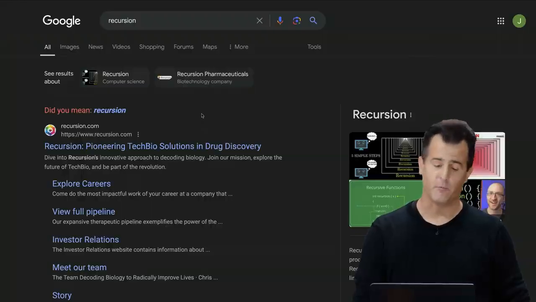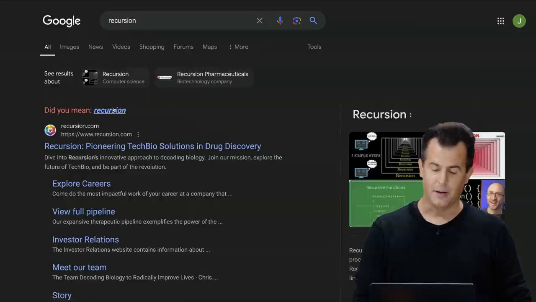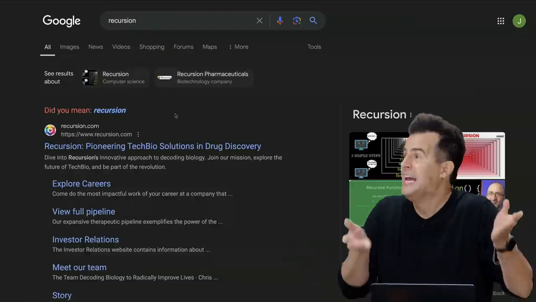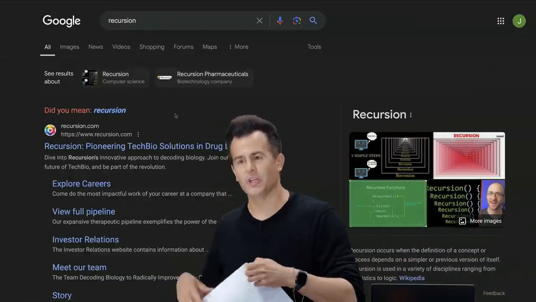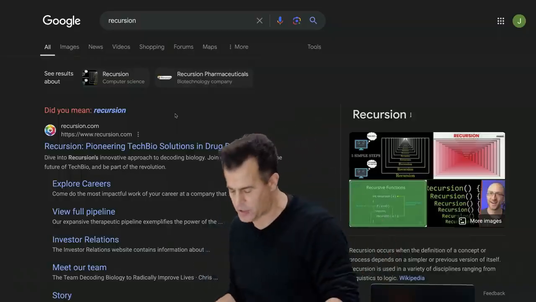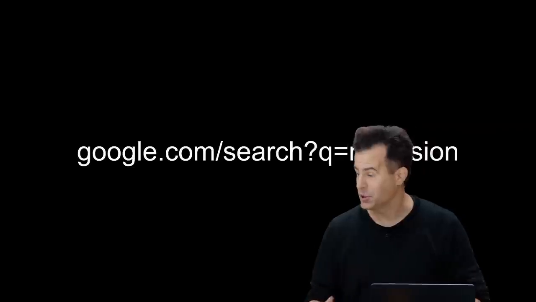Now we're in night mode for some reason, but did you mean recursion? Ha ha ha. I mean, that's maybe the kind of laughter it warrants. But like, this is a joke. Like, it's recursion in the sense that Google is telling you to Google recursion again and again. But of course, the second and third results or whatnot are actually real results. But you can try that at home by simply searching for recursion.